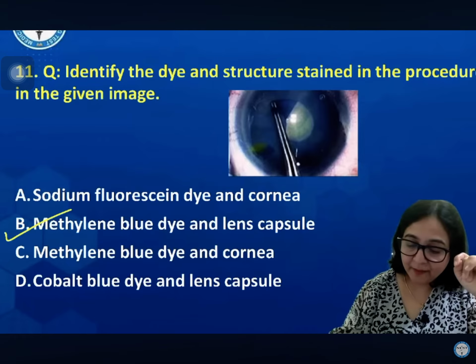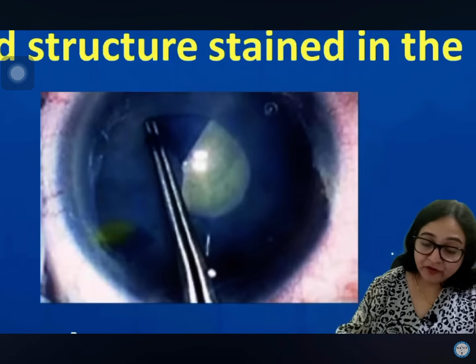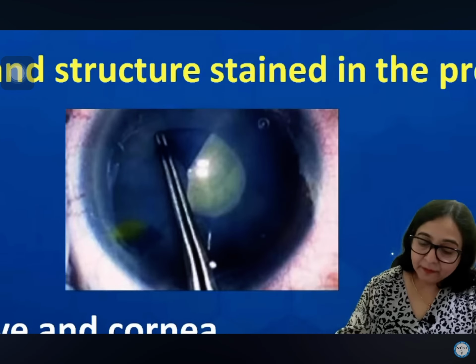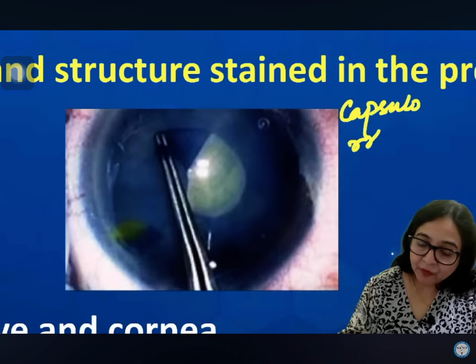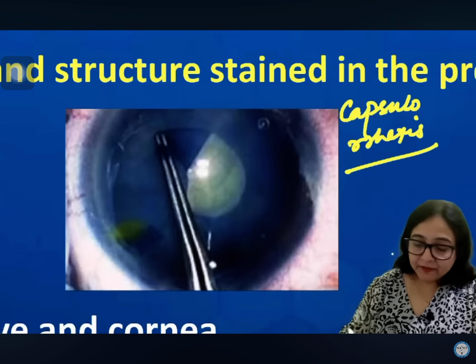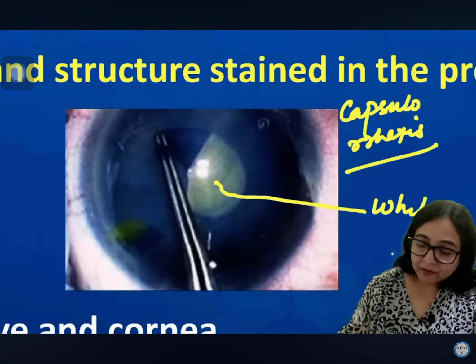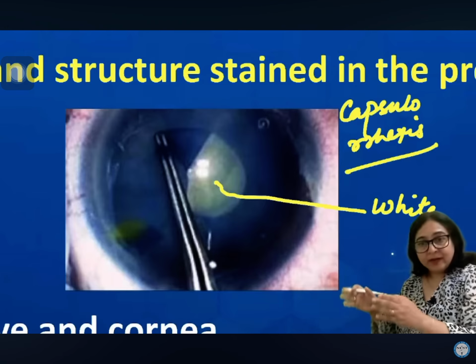capsule beta. Let me show you the image once again. So this is the procedure of capsulorhexis, or capsulotomy, in cataract surgery. And you see here the cataract is a white cataract. So when the cataract is white, when the lens is white, you are not able to see the lens capsule